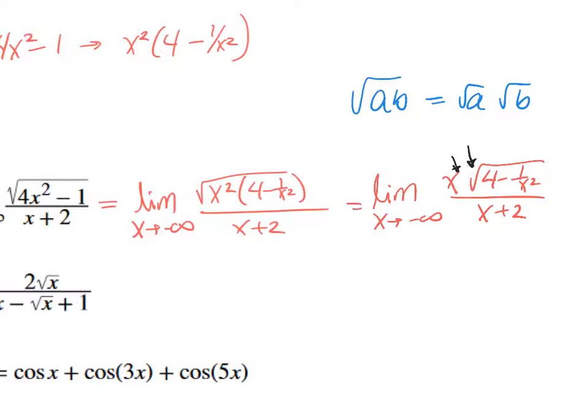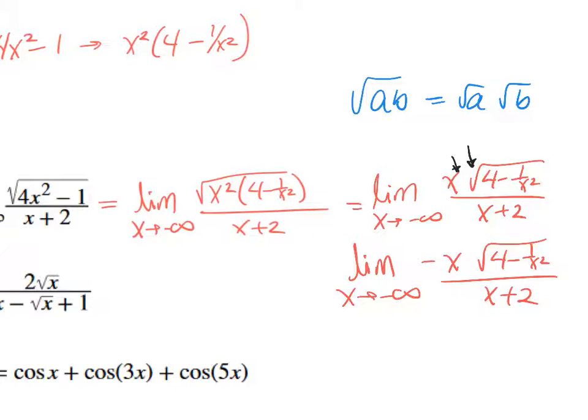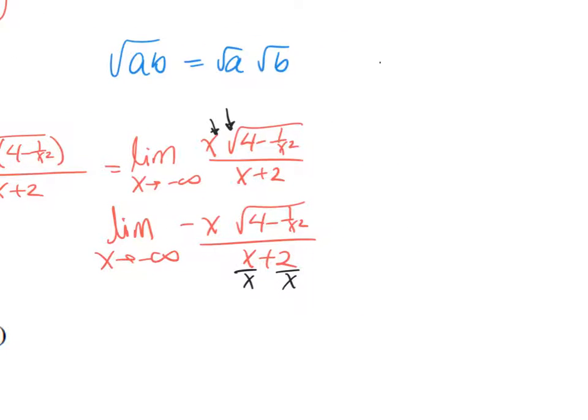So what I'm really doing here is the limit as x goes to negative infinity of negative x times the square root of 4 minus 1 over x squared, over x plus 2. If I was going to positive infinity, I would have the positive x times the square root of 4 minus 1 over x squared. When I do this, I still need to divide everything by x, because that is the highest power in my denominator. So I'm going to divide this by x, and then when I have negative x square root of 4 minus 1 over x squared, and I'm dividing the entire thing by x,